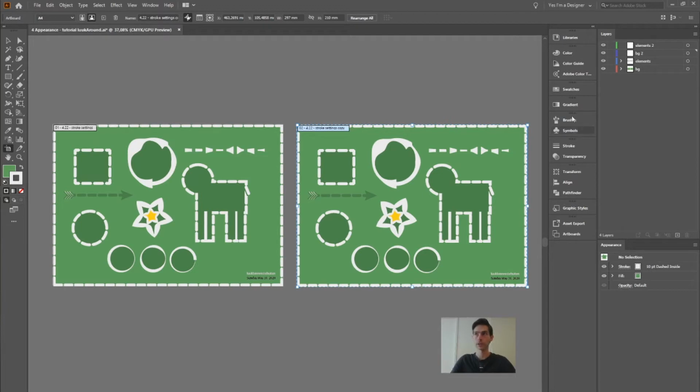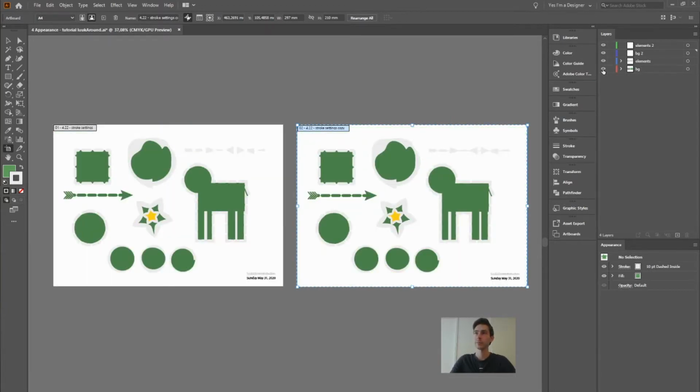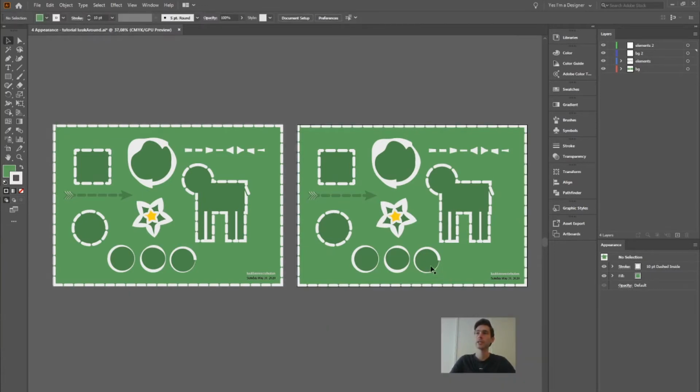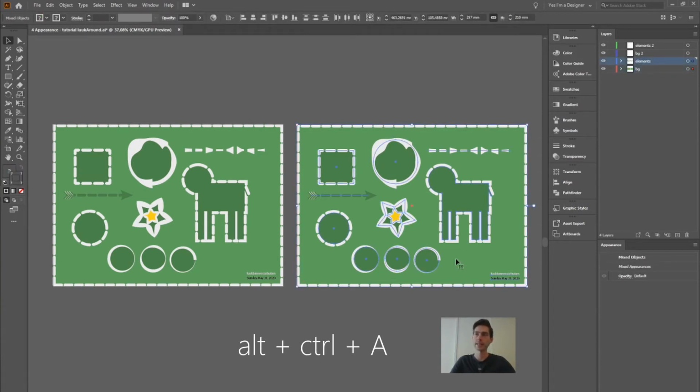So now the problem we're solving is that all these elements are still in the same layers. We want them to be separate. So to do that, we're going to first select all the objects on the second artboard. For that, I press V to get the selection tool. You can do it in 2 ways. You can either just click and drag to get all of it in your selection, or you can click the artboard you want and then press Alt Control A or Option Command A to do a select all on the